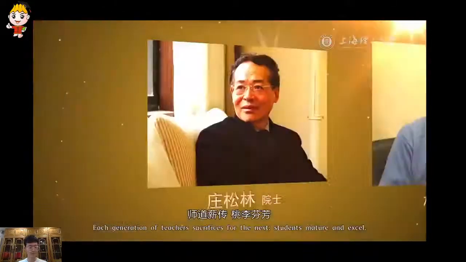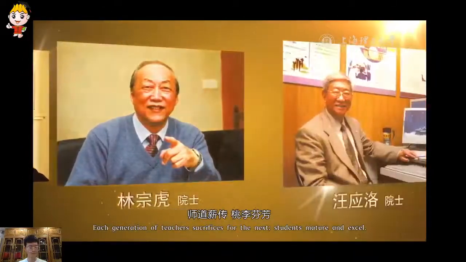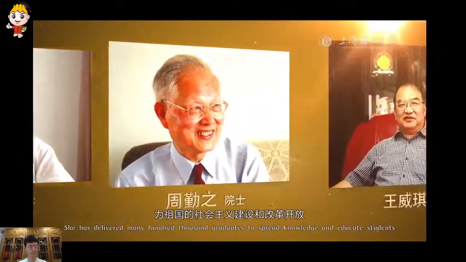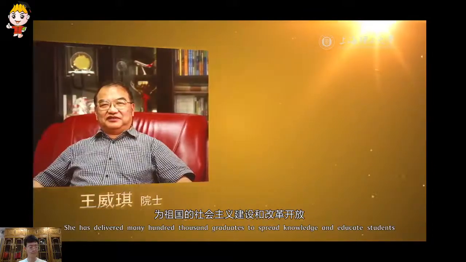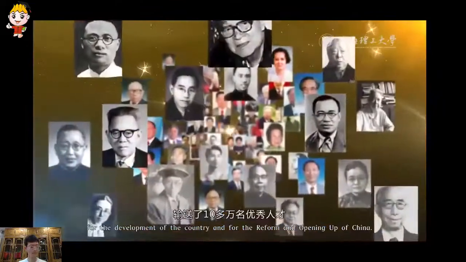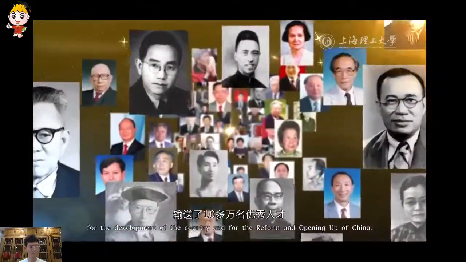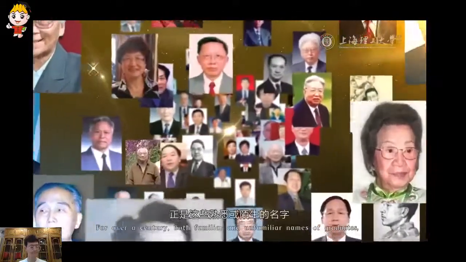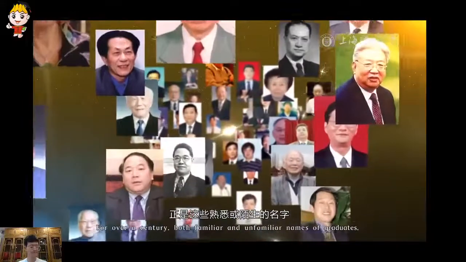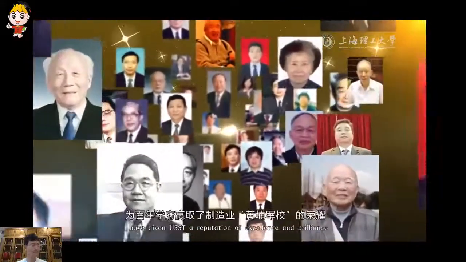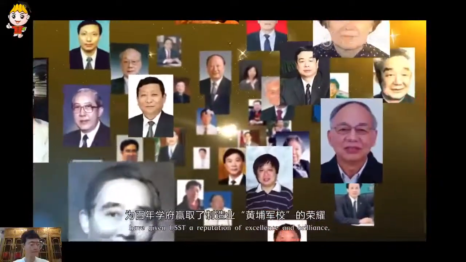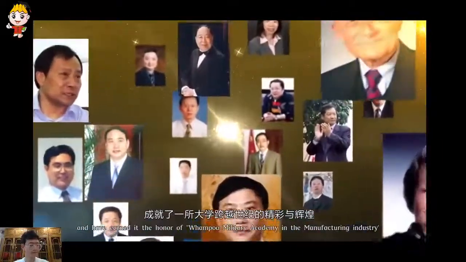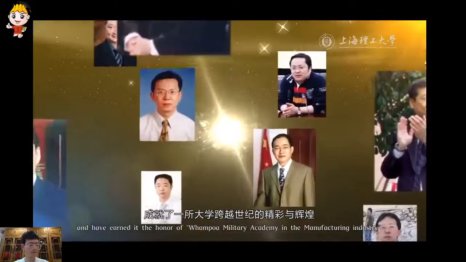Each generation of teachers sacrifices for the next. Students mature and excel. She has delivered hundreds of thousands of graduates to spread knowledge and educate students for the development of the country and for the reform and opening up of China. For over a century, both familiar and unfamiliar names of graduates have given USST a reputation of excellence and brilliance, and have earned the honor of Whampoa Military Academy in the manufacturing industry.